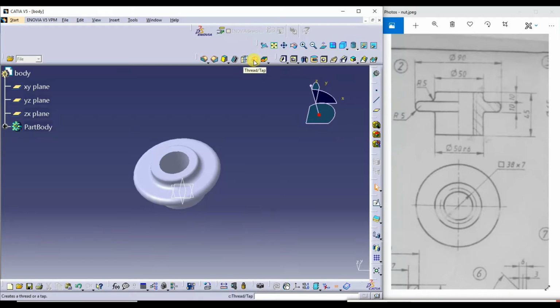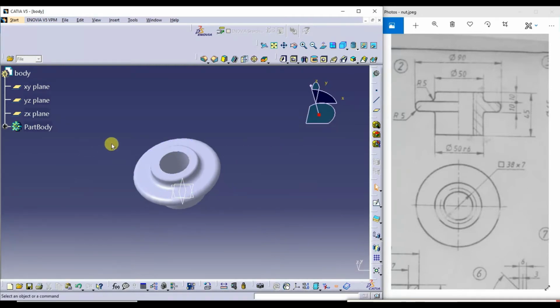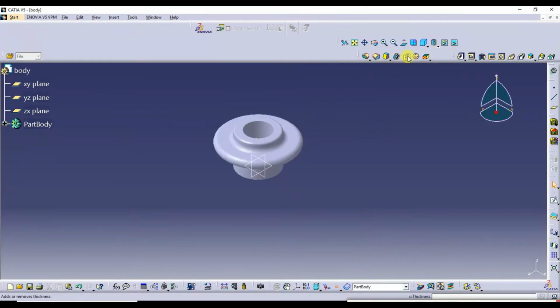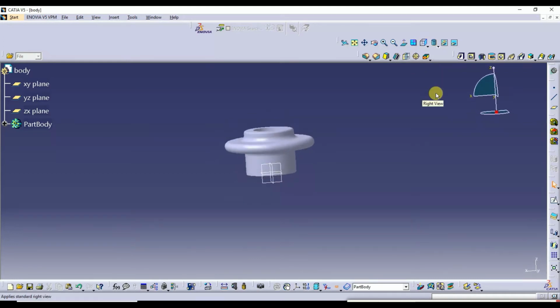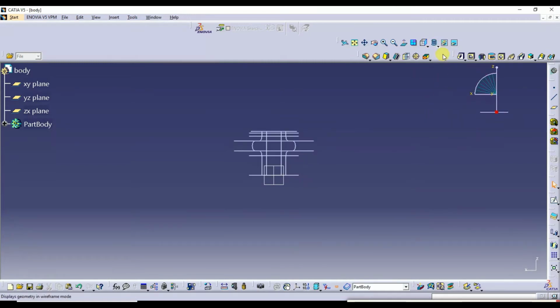So this is over now. This is a way to create the nut. So I'll go for the isometric view. This is the isometric view. If you want the wire dimensioning, wire frame, and this is